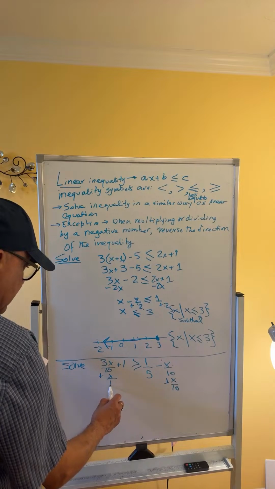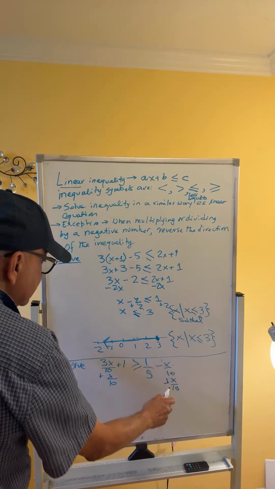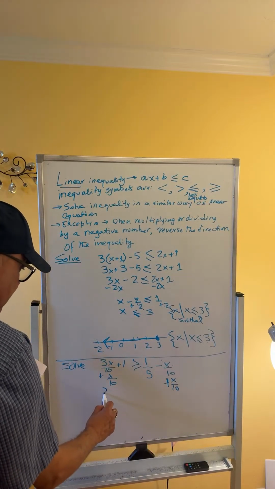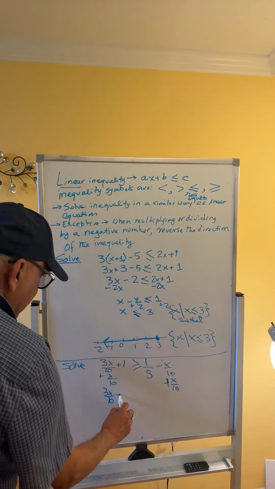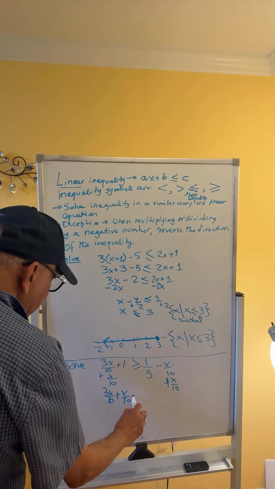Why do I add? Because the opposite of subtraction is addition. So this becomes 3x by 10 plus x over 10 plus 1